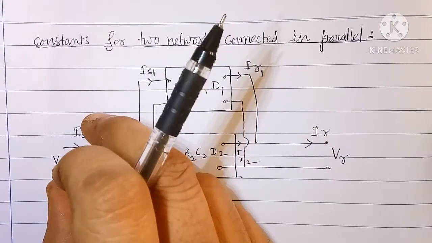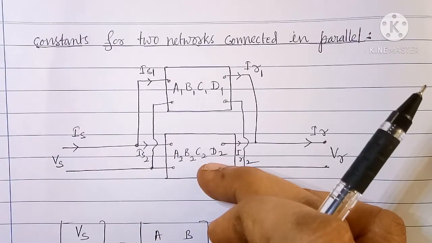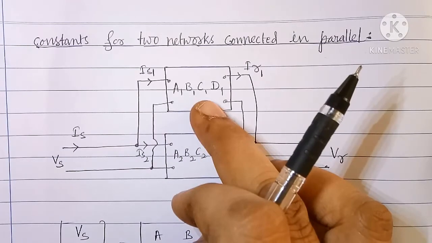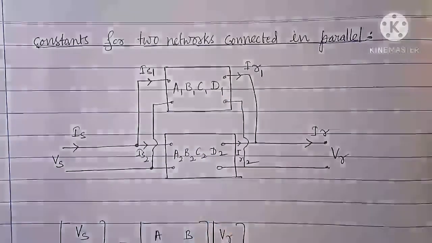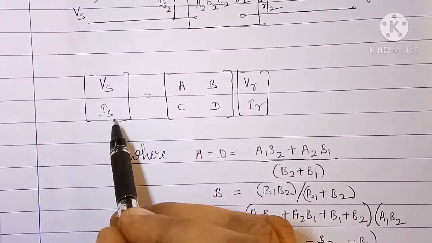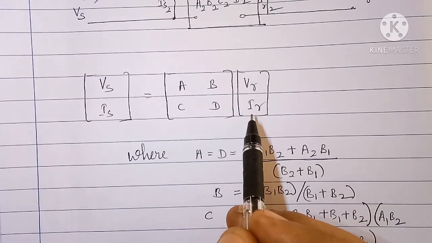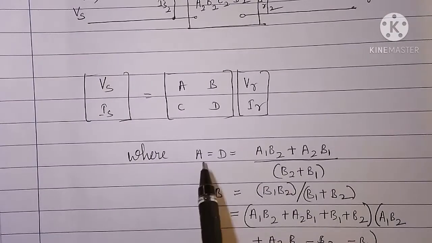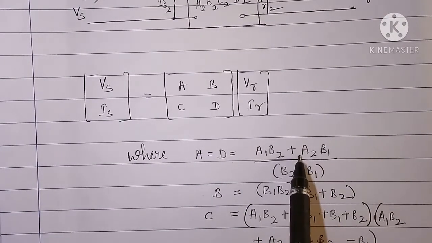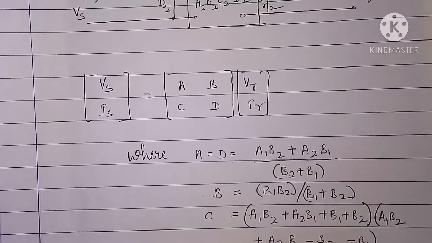Now we can relate sending end quantities with receiving end quantities using ABCD constants of two networks connected in parallel. This way, Vs Is equals ABCD into Vr Ir, where A equal to D equal to A1 B2 plus A2 B1 upon B2 plus B1, B is equal to B1 into B2 upon B1 plus B2, C is equal to